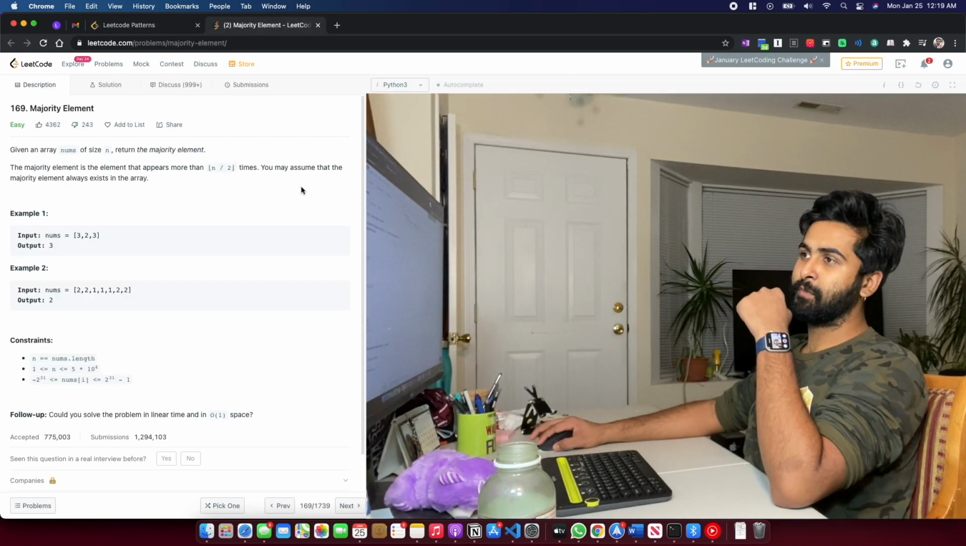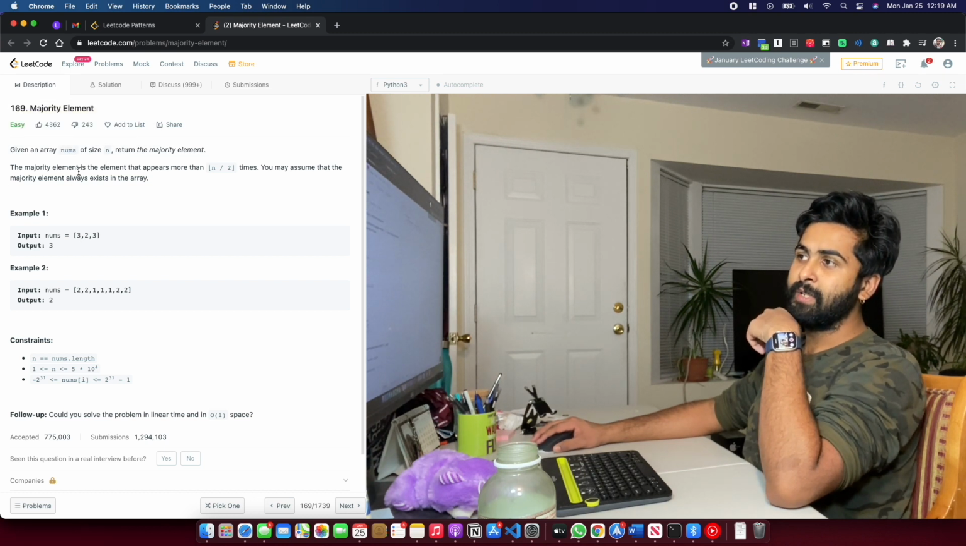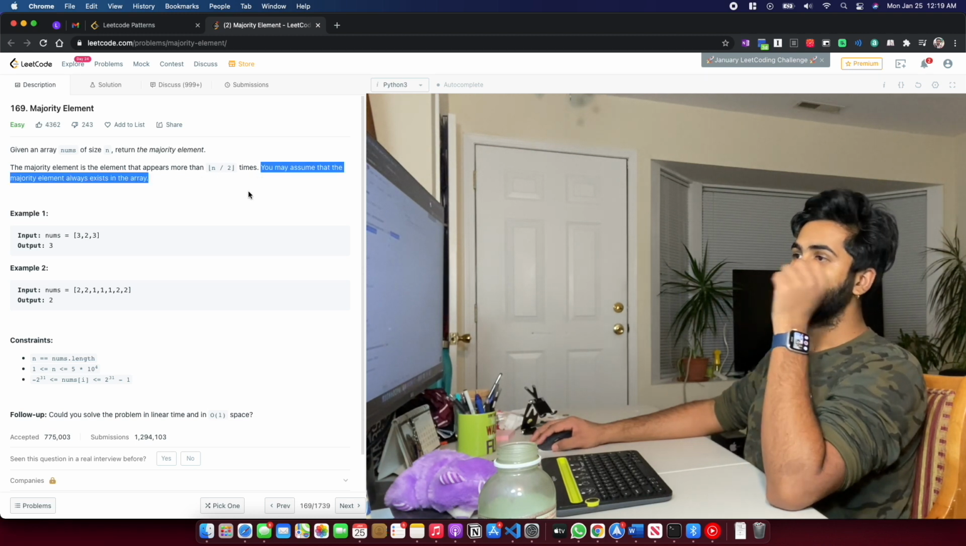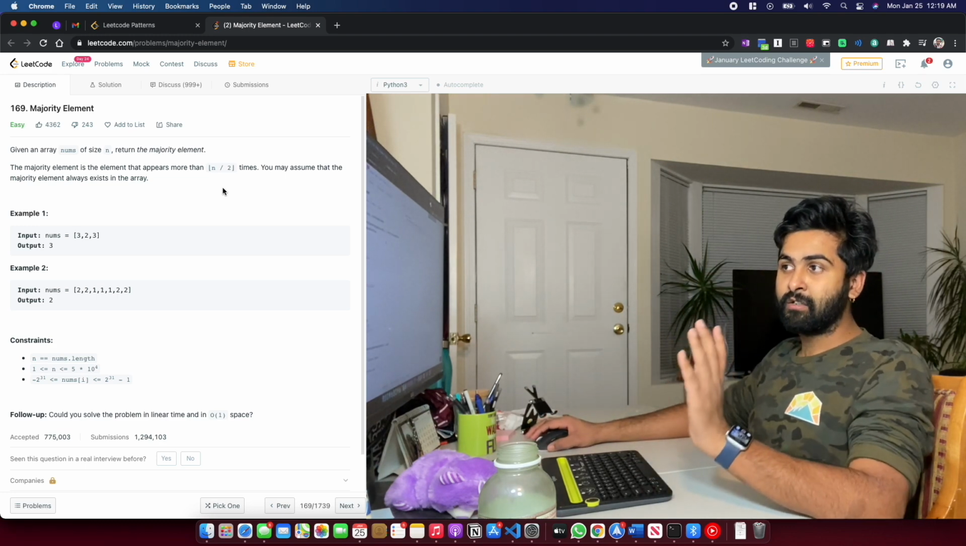So here's the description of the problem. Given an array nums of size n, return the majority element. The majority element is the element that appears more than n by 2 times. You may assume that the majority element always exists in an array. So they've given an array and we're supposed to find out the element that occurs more than n by 2